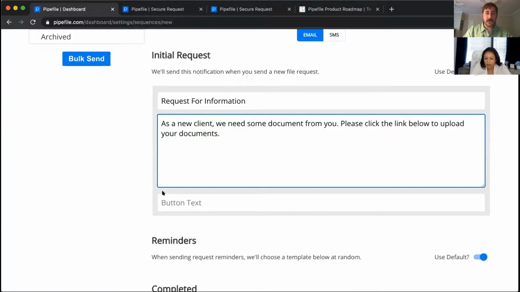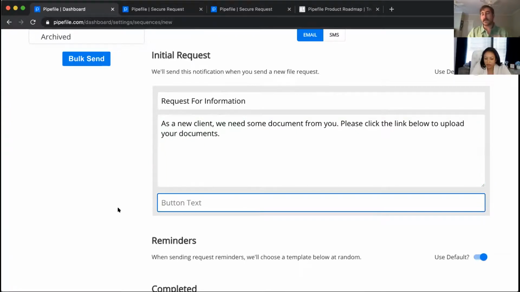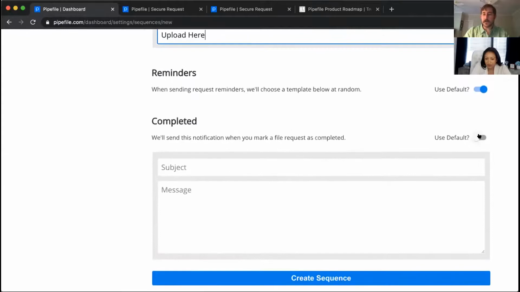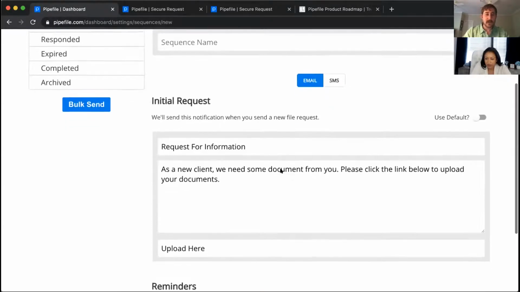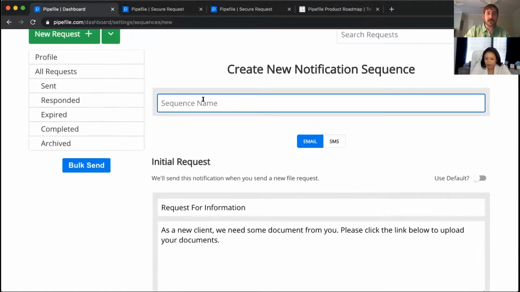Then you can customize the button text, which is the text on the big button. So, upload here. I'll use the defaults for everything else, and we'll name this new client